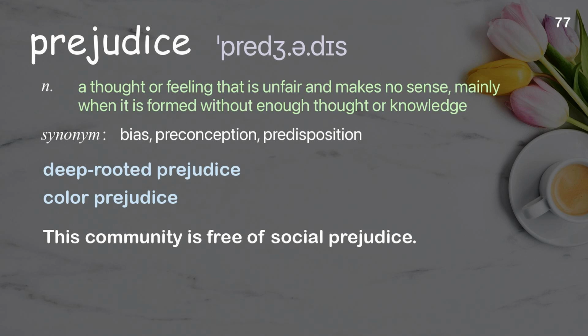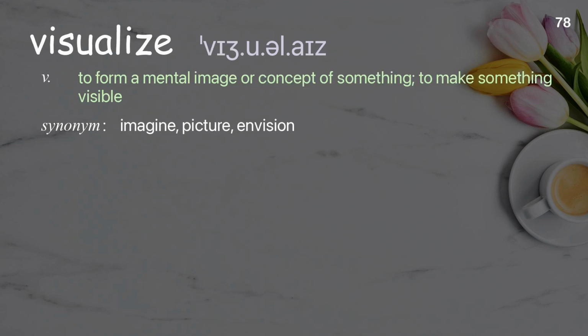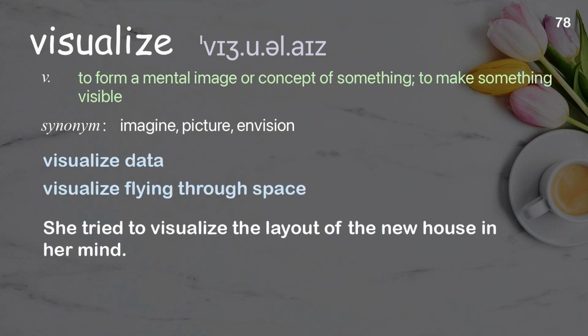Deep-rooted prejudice. Color prejudice. This community is free of social prejudice. Visualize. To form a mental image or concept of something, to make something visible. Examples: